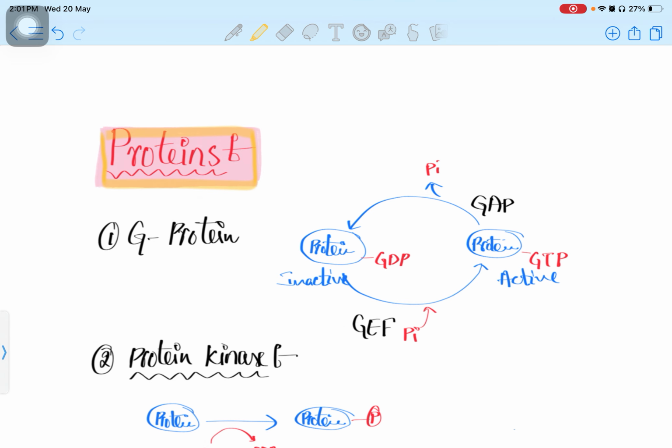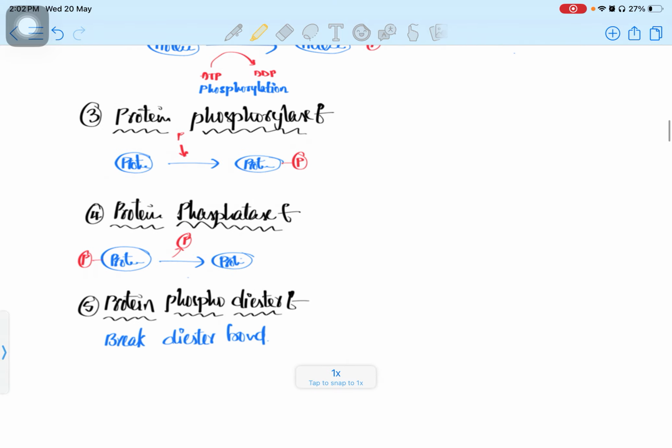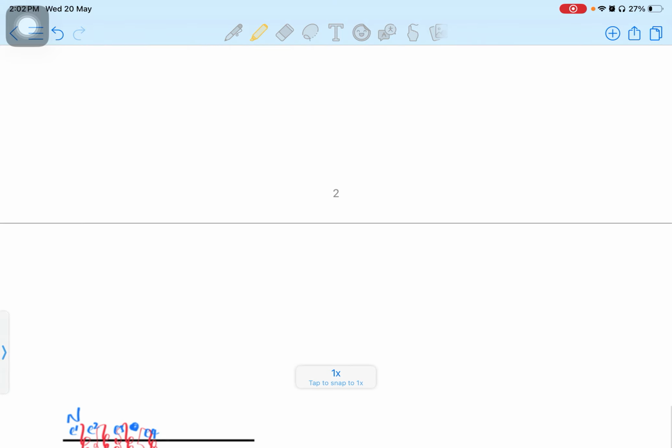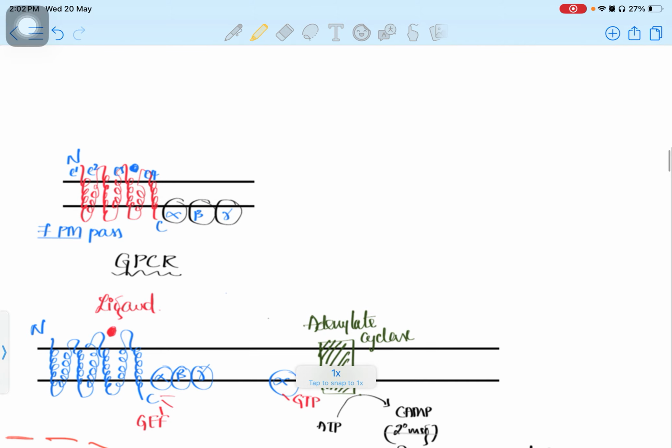We also know the protein functions. Sometimes we need to activate some proteins and we need to deactivate them. For activation, there are different processes, and for inactivation, we have a different way to remove the phosphate, or kinase activities are present. All this process we know very well. So in the signaling process, we need to know about GPCR signaling. Why are we calling it GPCR? G protein coupled receptor is the full form.